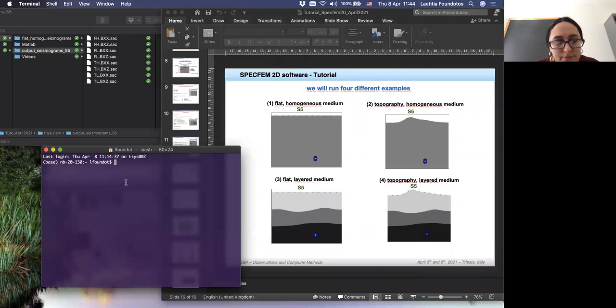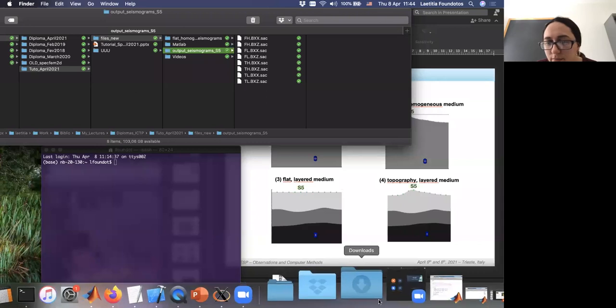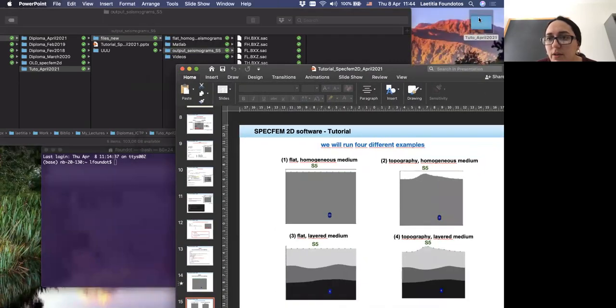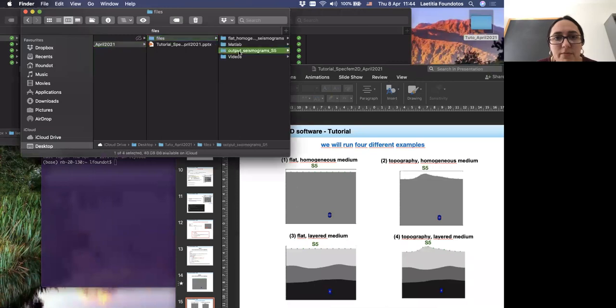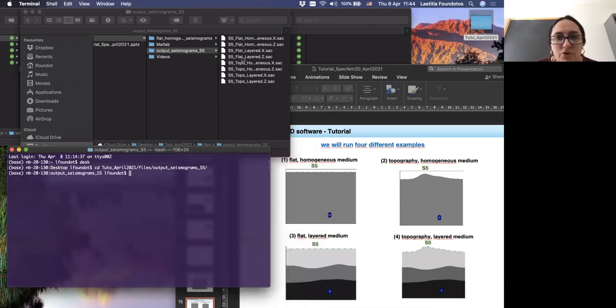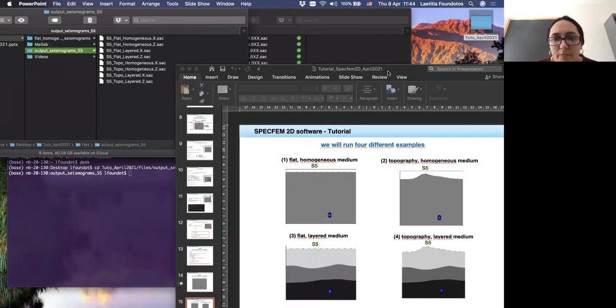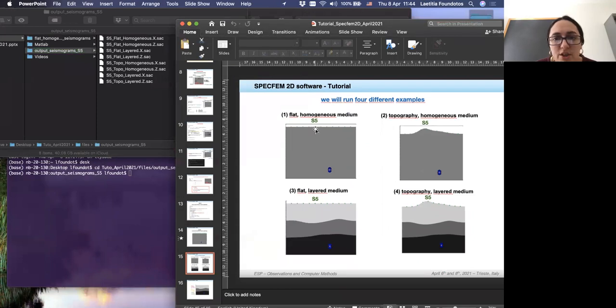So let me go here. It's better. Okay, let me go to this directory. Let me explain: for each example, I took station 5 results and both components, vertical and horizontal.